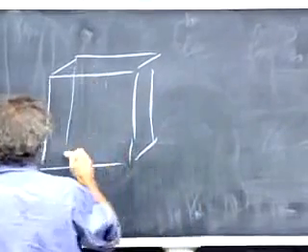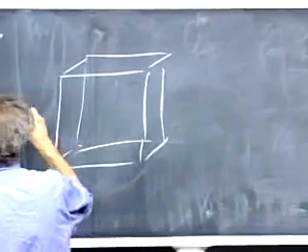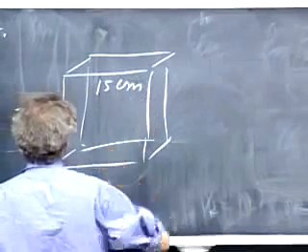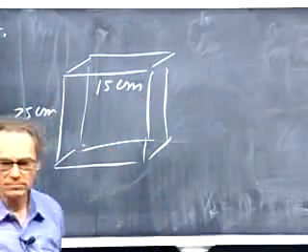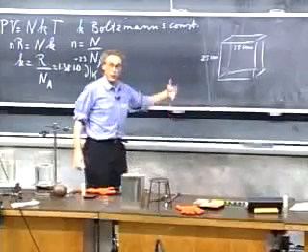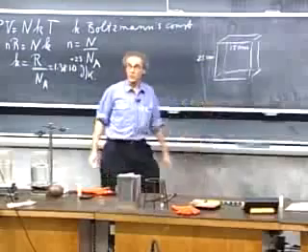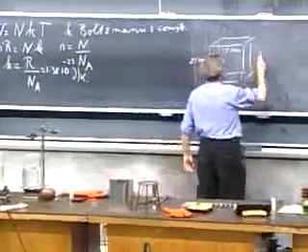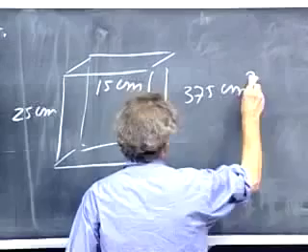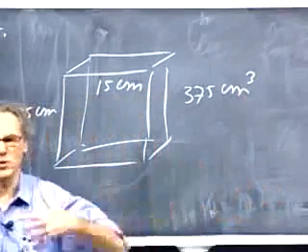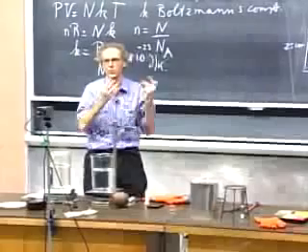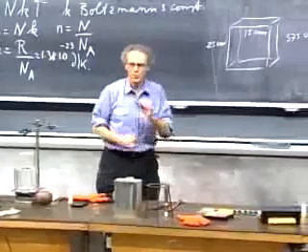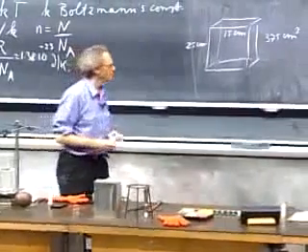We filled it with 1 atmosphere air. This was 25 centimeters, and this was 15 centimeters. And we took the air out, and then you get an overpressure of 1 atmosphere, which is 1 kilogram per square centimeter. And this front cover alone is about 375 square centimeters. And so the force is huge, and it imploded. You've seen it happen in front of your eyes when I pumped it out. Today I'm going to do something more subtle, but with the same effect.